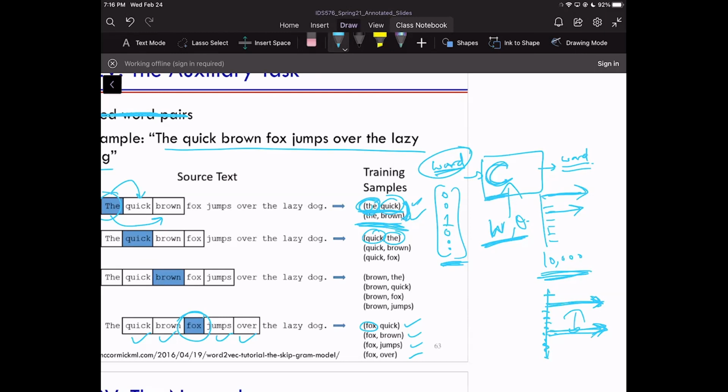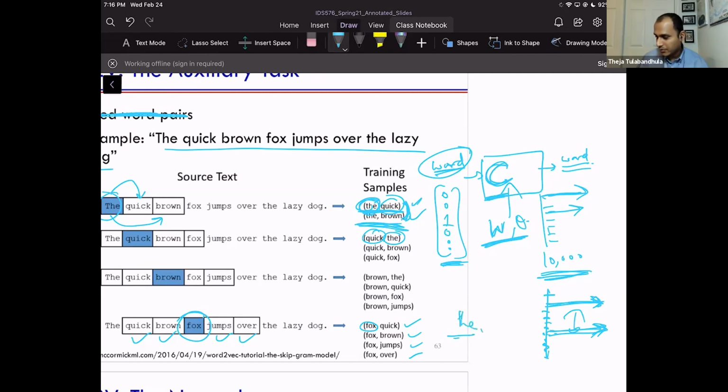So you're saying that the value for D and quick will be high for the first? No, D is the input. D is the input. Yes. All I'm saying is, given D as the input, the scores for the coordinates quick and brown will be somewhat higher than everybody else, because we have both those examples in the training data.